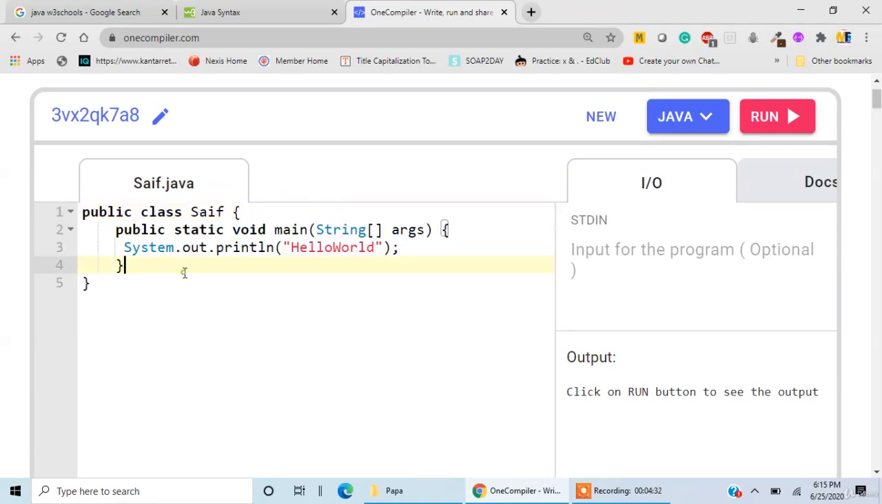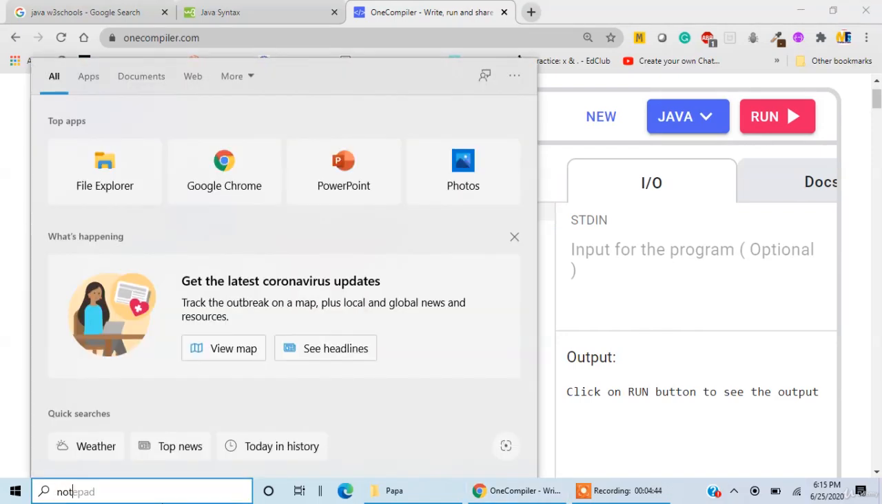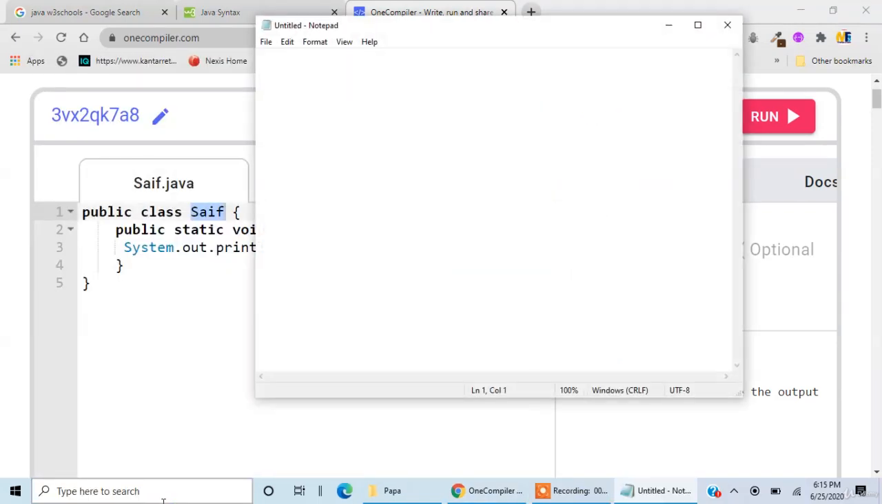So it is case sensitive. I hope that makes sense. And we are creating a class called Saif. And one more thing, whenever you're writing a program, we are supposed to give the same name to the file. So let us suppose we are writing a program in Notepad, and I write public class HelloWorld